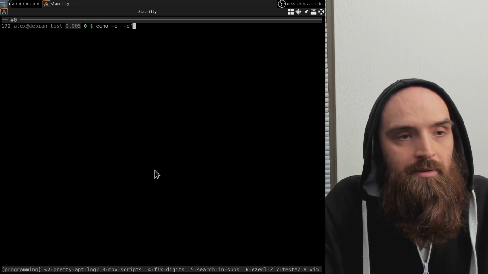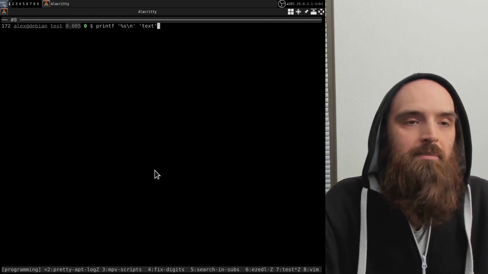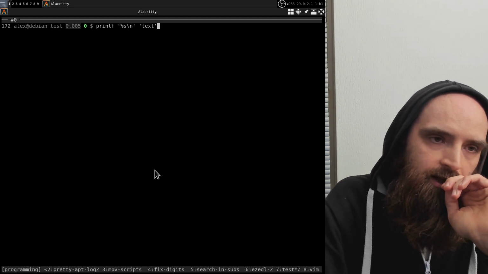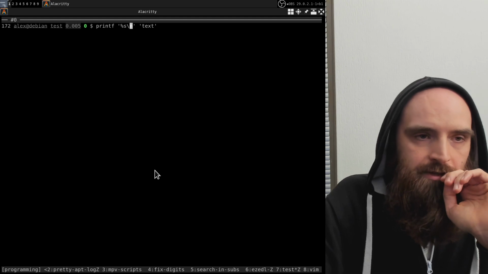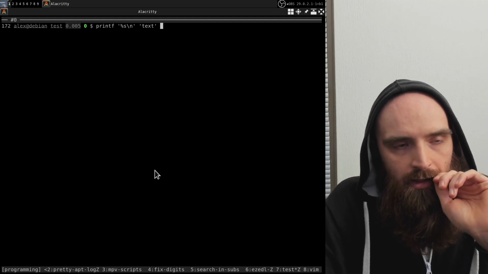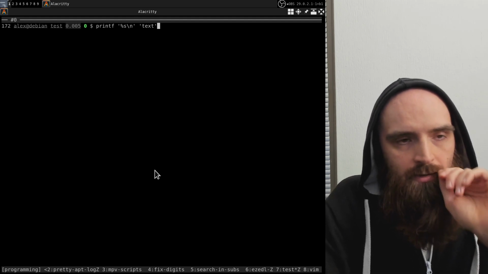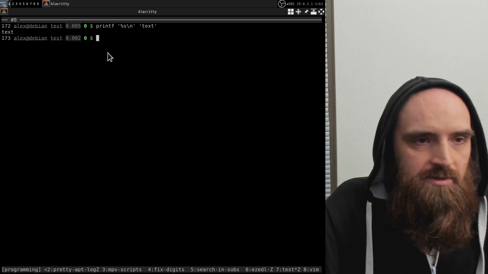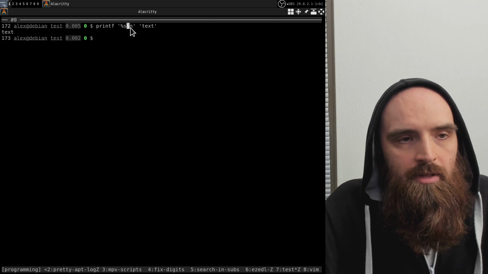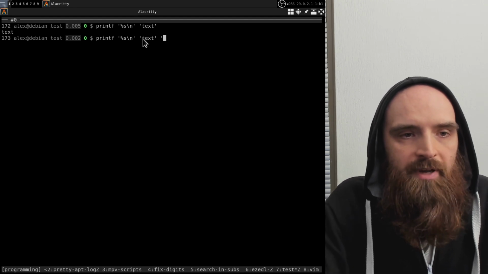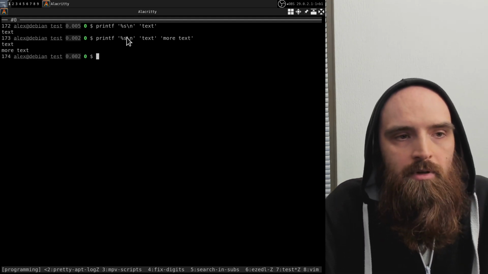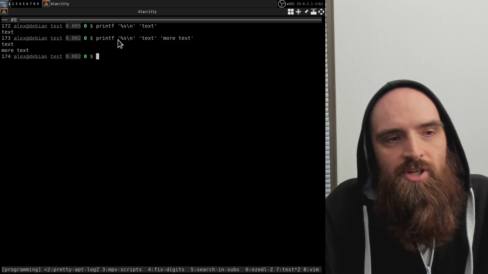So let's take a look. What can this wonderful command do? Basically, it has a format string as the first argument, and then it can take any number of arguments after that. I already had this example many times, but %s here basically stands for the first argument, and then a new line. If I pass more text here, then it will keep